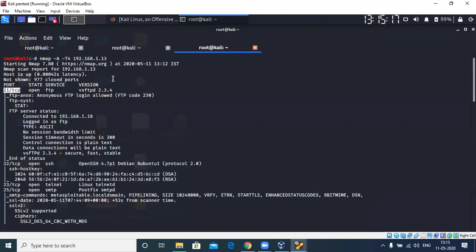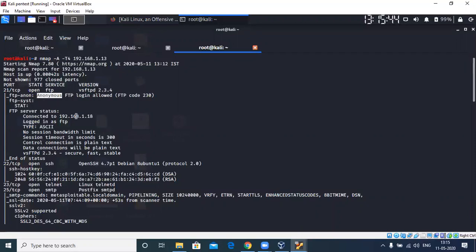Whereas if you go to the aggressive scan, to be precise, it has a script that detects an anonymous FTP login. So it gives you this particular thing: anonymous FTP login. That means I can go ahead and connect to that particular IP address with FTP as anonymous.